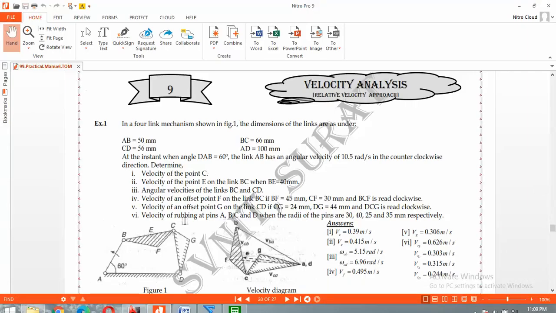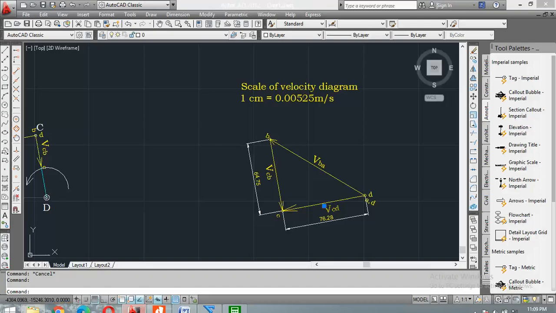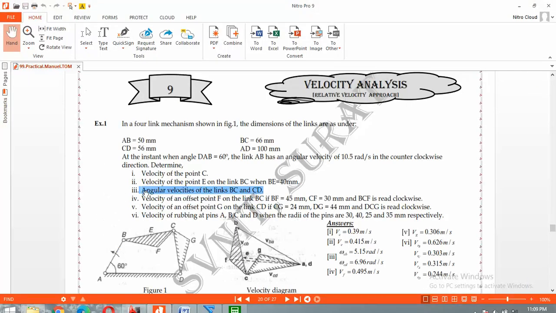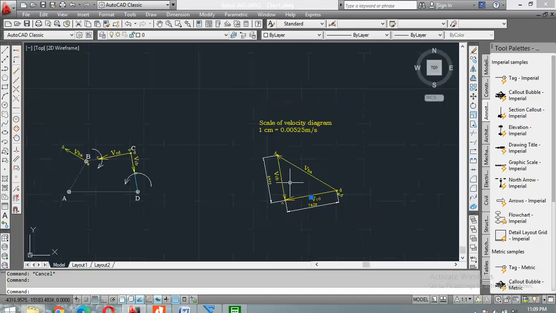Assume that angular velocity of BC, or CB, and angular velocity of CD are also completed. So you can give the answer to the third question also, question number 3. Now how to find the velocity of an intermediate point, we'll see later. I will explain that in another example. Then after that you can easily find it for this example also. So at present I am stopping from here.